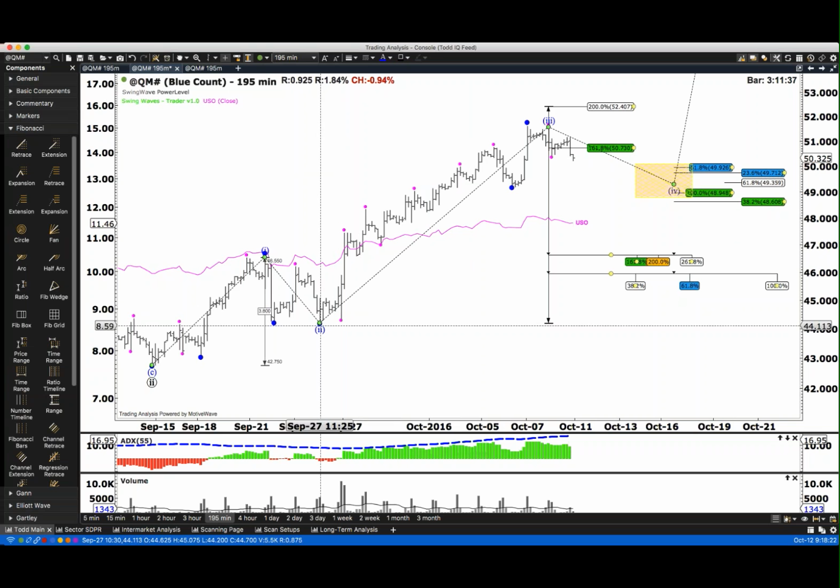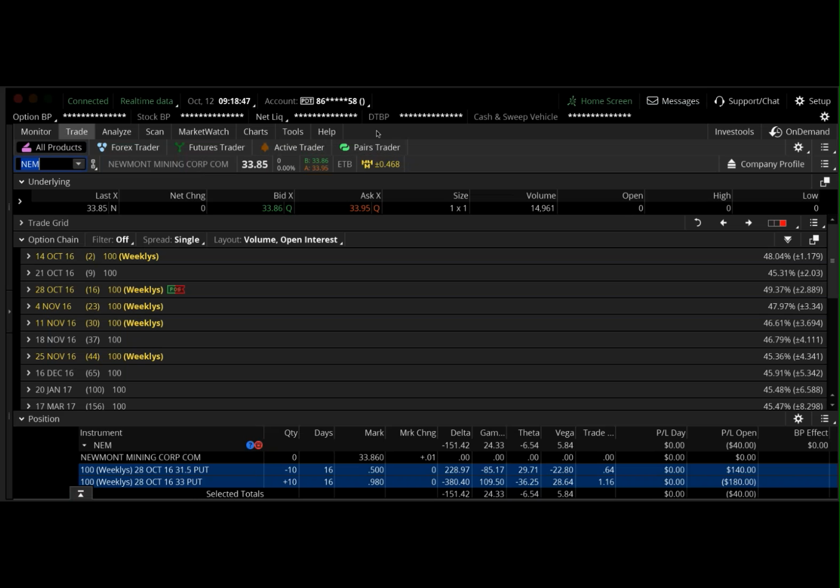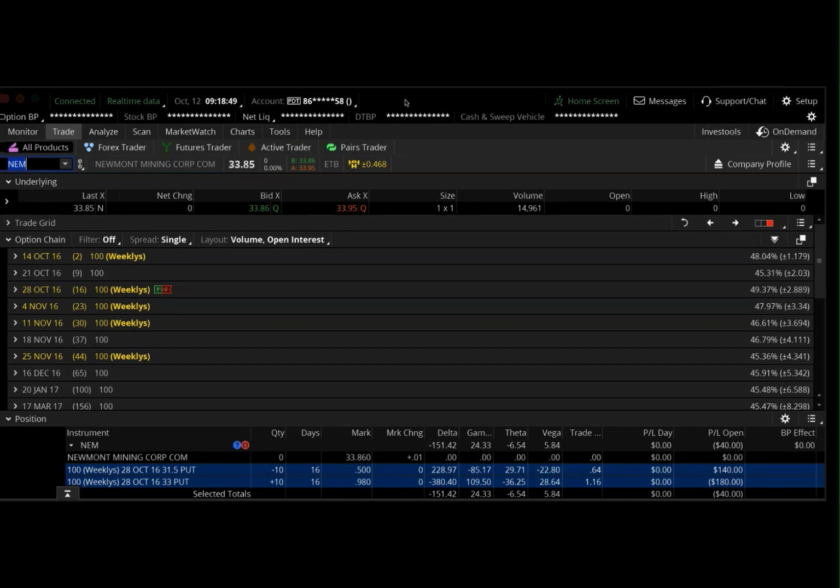When you combine that with the Elliott Wave count, that shows we should be moving into a fourth wave here. This is the ideal price and time zone for a wave 4 completion here in the crude oil market. It's going to be between October 17th and October 19th, between $48.50 and $49.90. Okay, so it looks like we're falling into a little bit of a fourth wave consolidation. So the trade we put on with customers yesterday is we put on a put butterfly in this fourth wave. So let me just bring this over here.